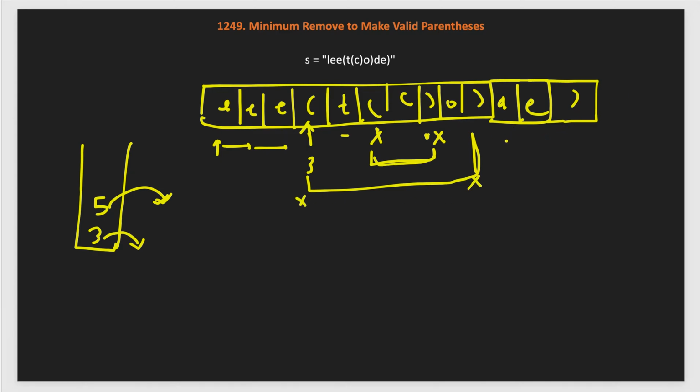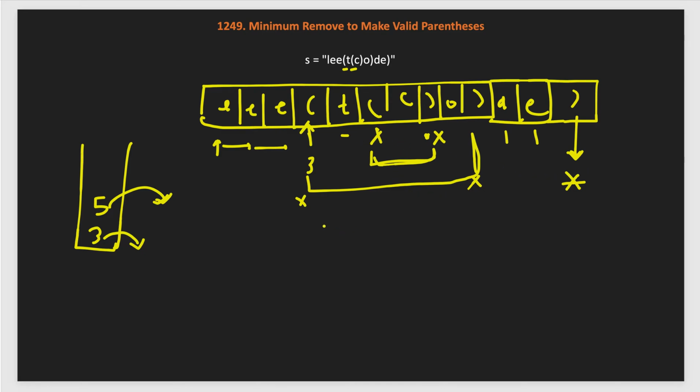Again we will continue. A, we found it, that is a character, we will keep it as it is, then E as it is. Now, we found a close. We do not have any more open parenthesis to the left of this, because our stack became empty here. So, when the stack is empty, in that case we will mark this closing parenthesis with some special character. In our input string only open, close and A to G are there, so we just use the special character asterisk, star, and we will save it. So, in the first pass we will do it.